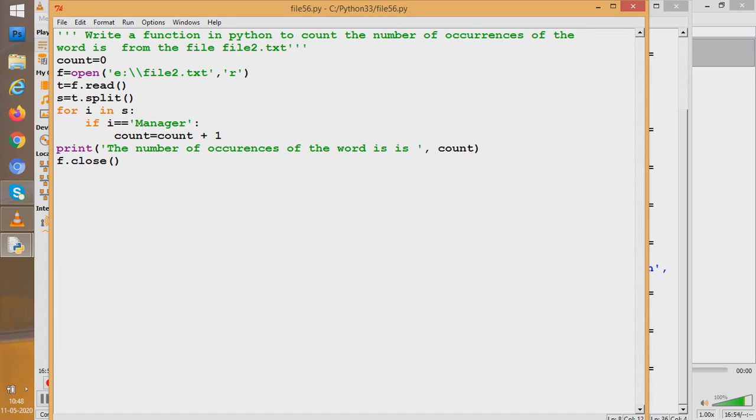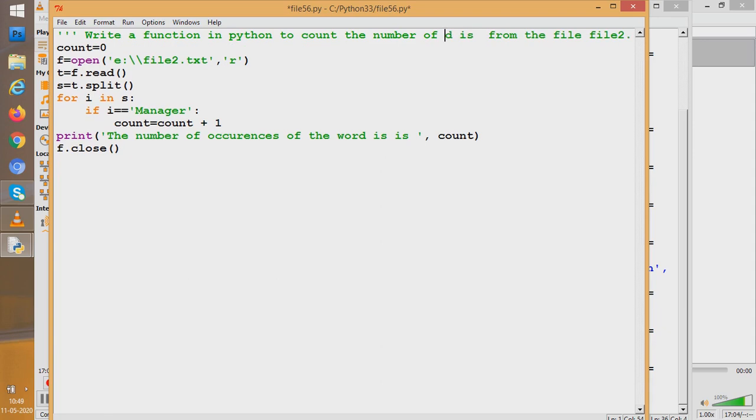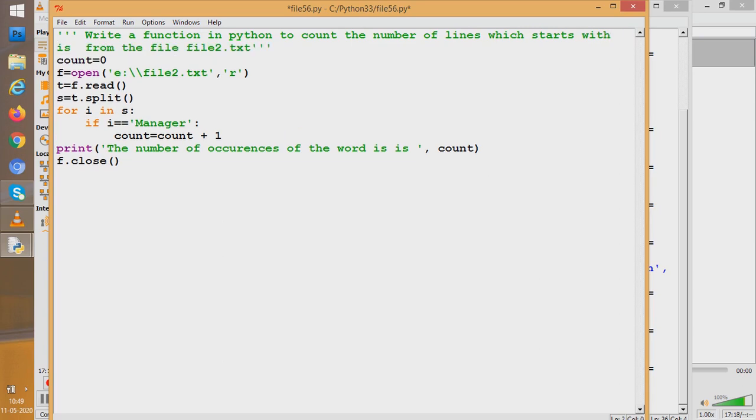Maybe it asks a question like: write a function in Python to count the number of lines which start with capital S from the file file2.txt.